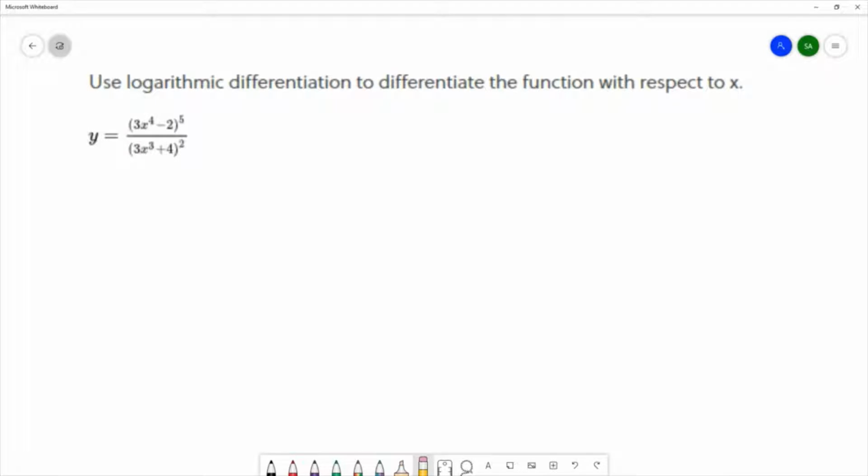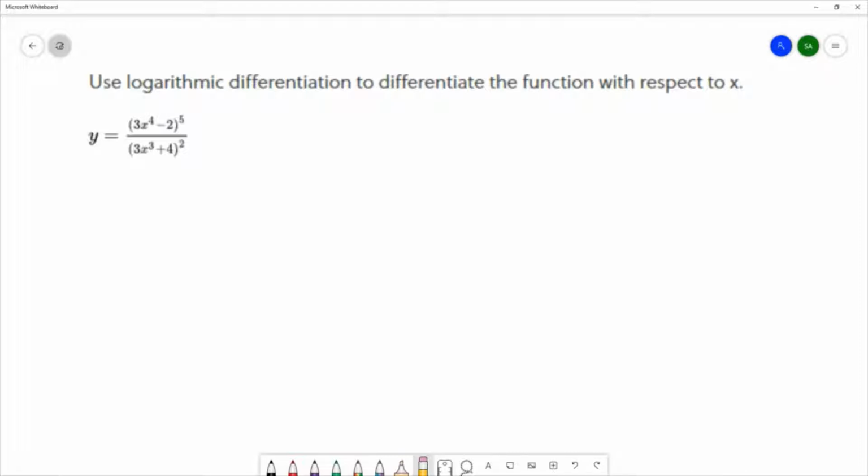For example, in this one we have a quotient, so we would have to use the quotient rule to calculate the derivative. And within the numerator and within the denominator, we have expressions where you have to use the chain rule to calculate the derivative of those. And so it can get a little bit complicated when you combine the chain rule with the quotient rule or the chain rule with the product rule. Using logarithmic differentiation allows you to simplify the expression using log properties so that you have a much less complicated